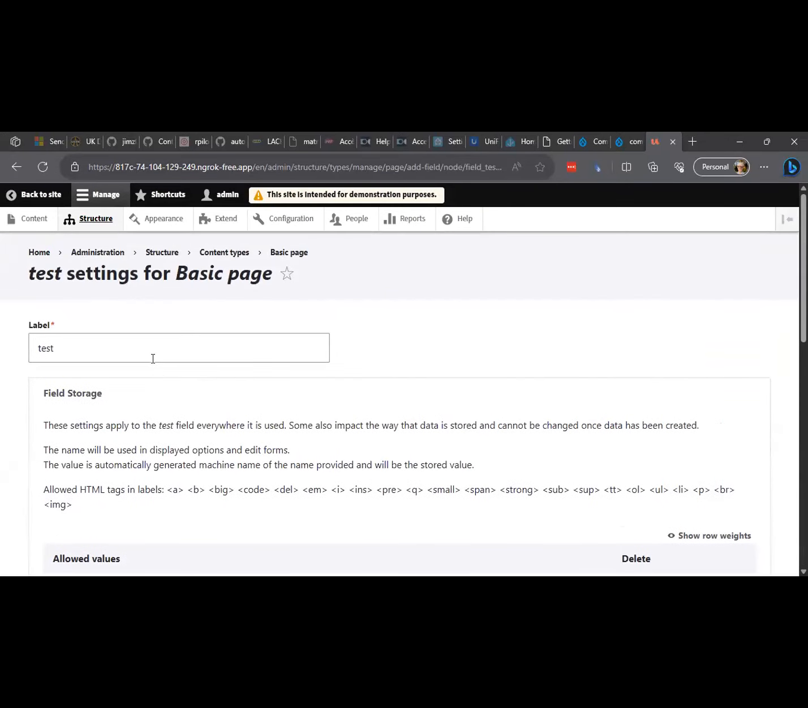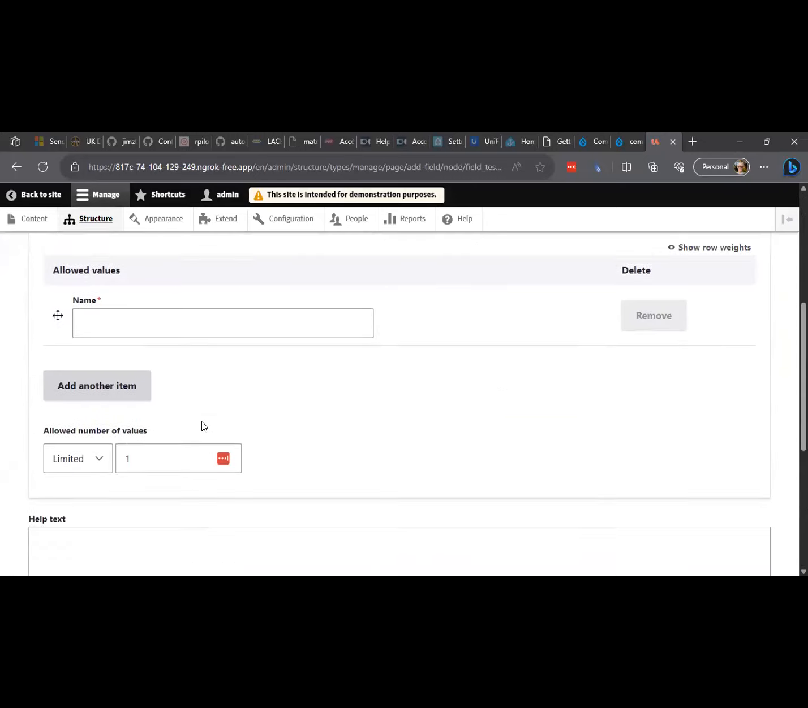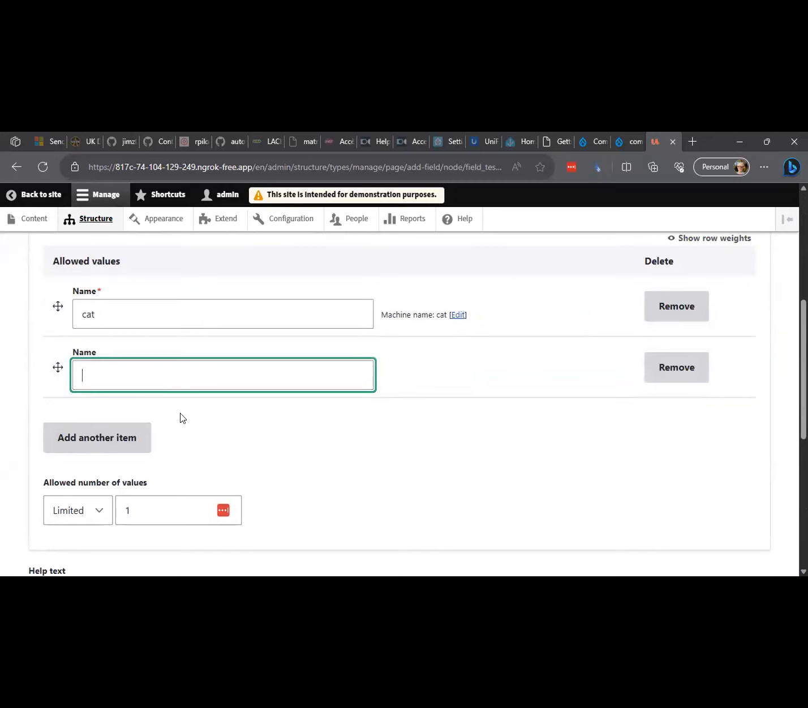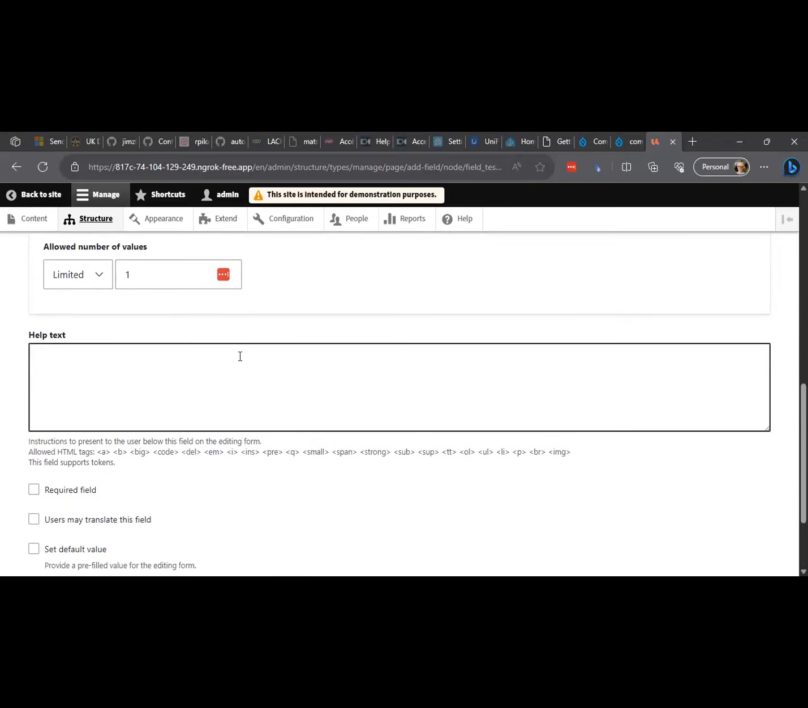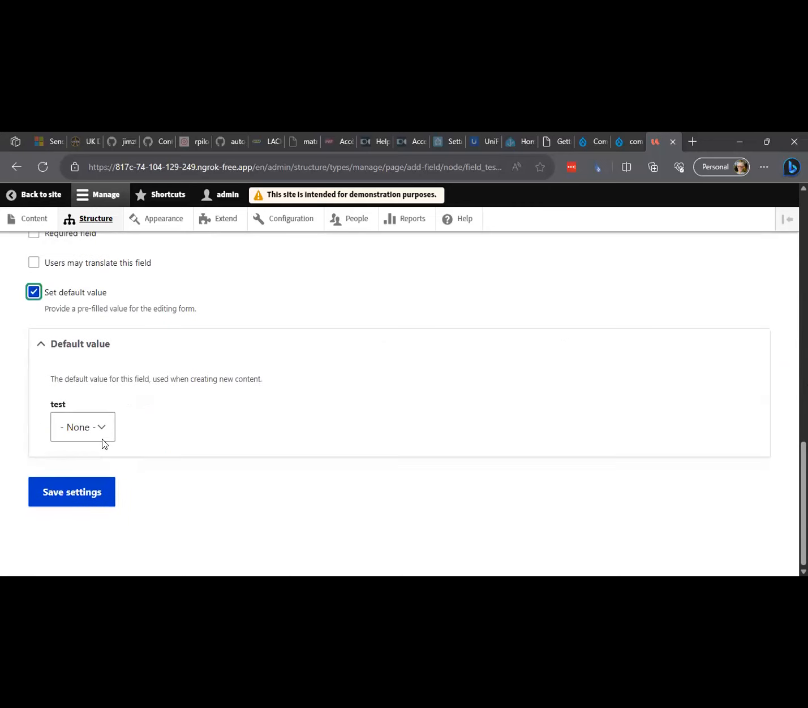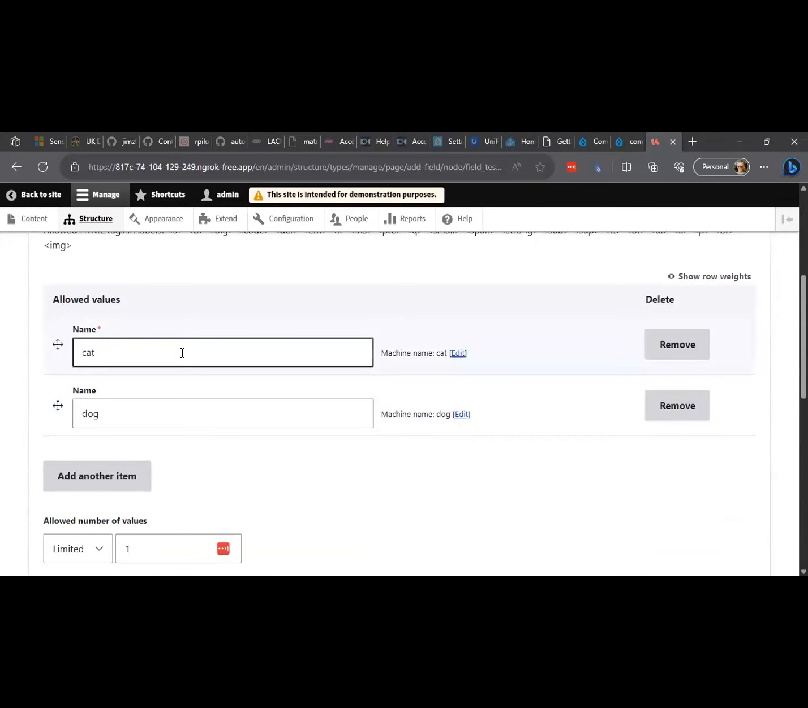Okay, so this takes you to the form. Basically, we have allowed values. So if we add, say, cat, dog, I do like this. To be fair, this is an improvement over previously, where it was just a free text field. And then set default value. Okay, so that's interesting. Okay, so you can see that